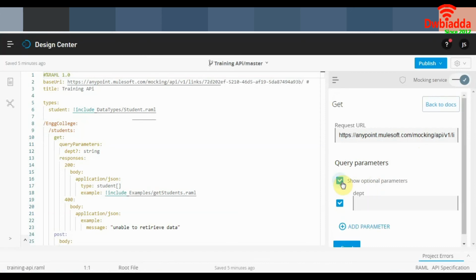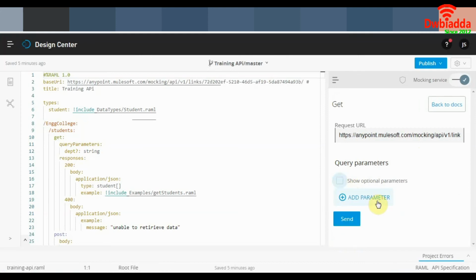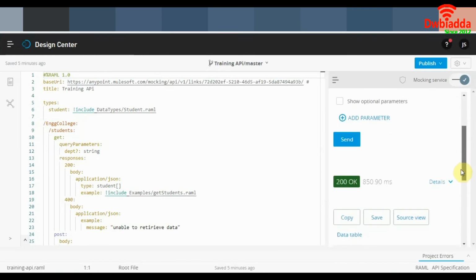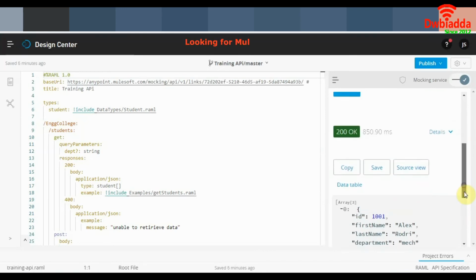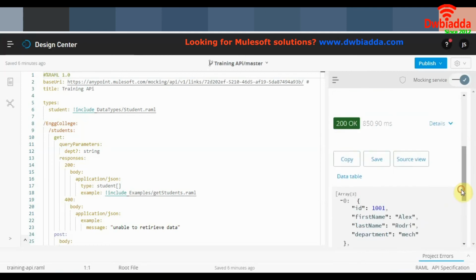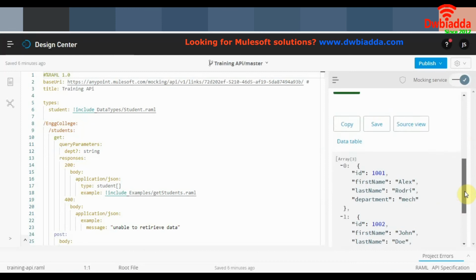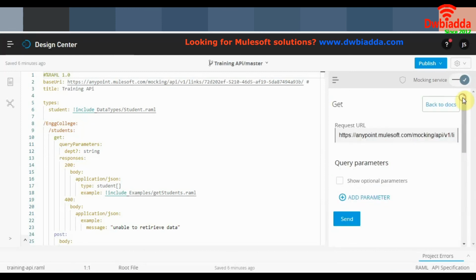Click show optional parameters. We can see here the department is an optional query parameter that we need not enter, and simply click on send. What comes back in the response is an array that we have defined in the example, along with the 200 OK response code. So this seems to be working fine.